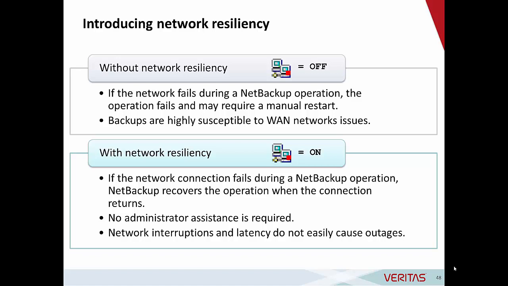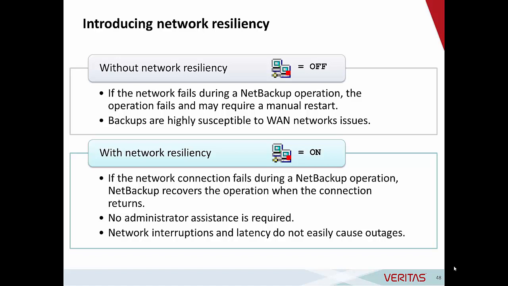Network resiliency is a feature in NetBackup that's designed to improve the reliability of backups across a shaky network connection. So usually we're talking about a WAN here, although it would apply to a local network as well if you had a LAN with a lot of latency or just overall poor quality. Without the network resiliency feature, if the network fails during a NetBackup operation, the job fails, and usually you have